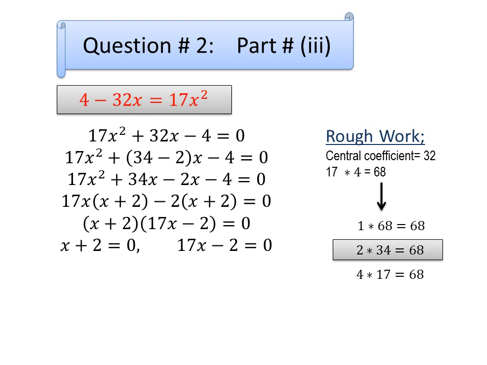As solving always gives the answer for the variable, we take this plus 2 to the other side of the equation, and again in this one, minus 2 to the other side of the equation, and then 17. Always remember that first of all we have to take the constant term to the other side of the equation, and then the coefficient with the variable to the other side. So we get x equals minus 2 and 17x equals 2. First I have taken the constant to the other side of the equation. Now I'll take the coefficient with the variable, that is x equals to